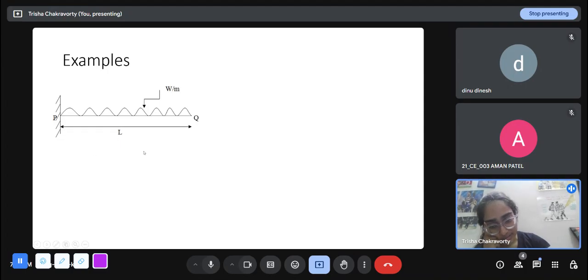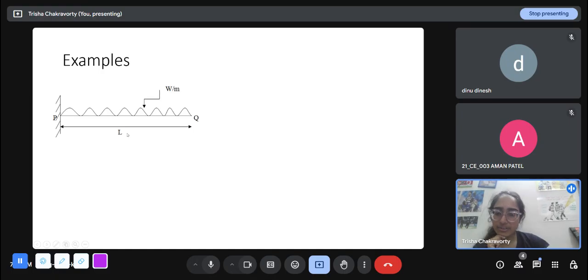A cantilever beam is determinate since it has two support reactions here. I can also say three support reactions, but generally a beam will not undergo axial force. We are not explicitly told this is a beam member, so it can also be a frame member. But since this is a common configuration of a beam, I can just say that it will not undergo axial force, especially since the loading is given in the vertical direction. So I will say that there are two support reactions: one is the shear in the vertical direction, and one is the moment into or outside the plane.